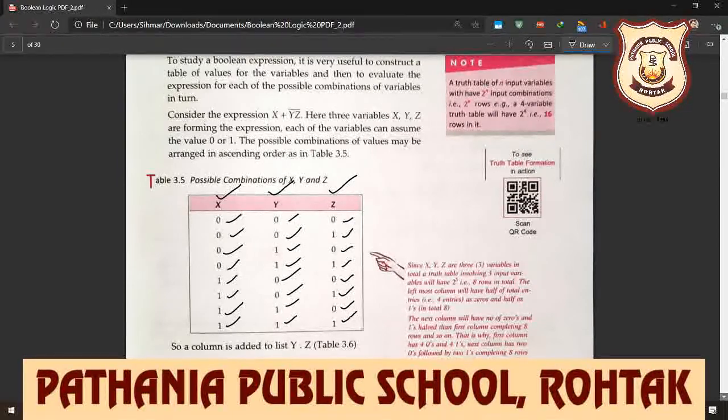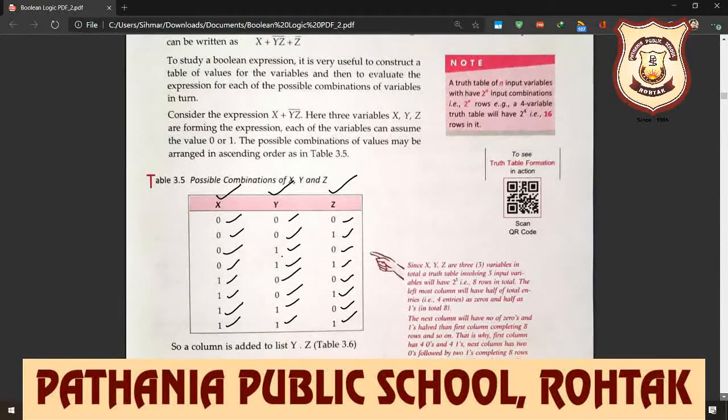In a truth table, 0 means false value and 1 means true value. So you can always start with the false value, 0. First you write down four times 0, then four times 1. This means in one condition all are false, all disagree. In the second condition, x and y agree but z does not agree. And in the third, x does not agree but y agrees. 1 means agree and 0 means not agree. The next combination is x not agree, but y and z both agree.